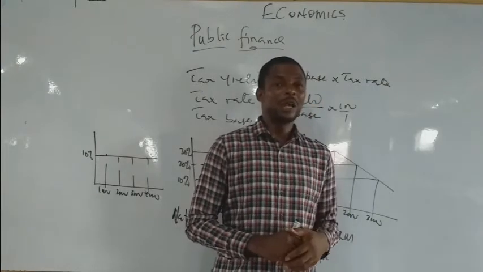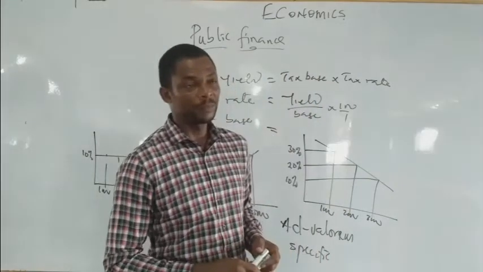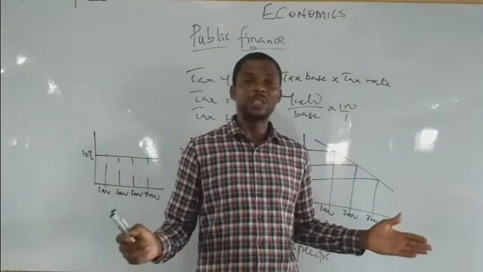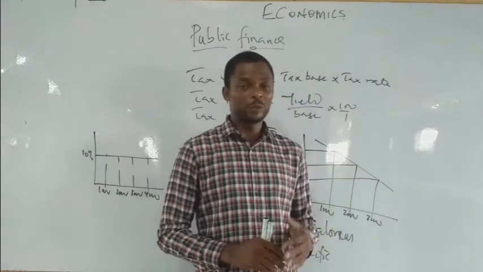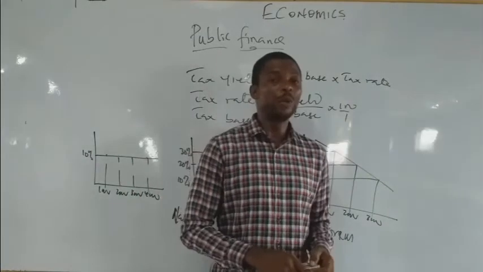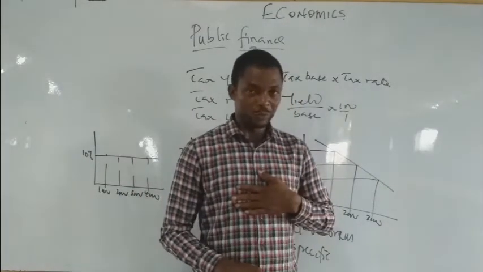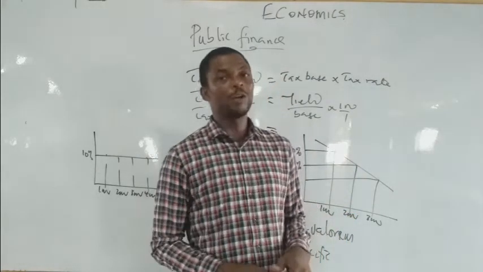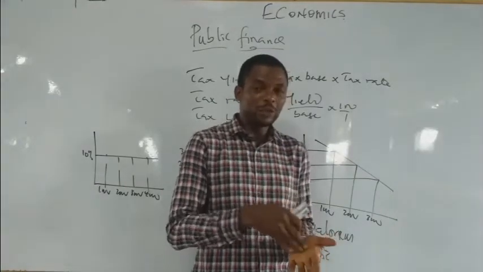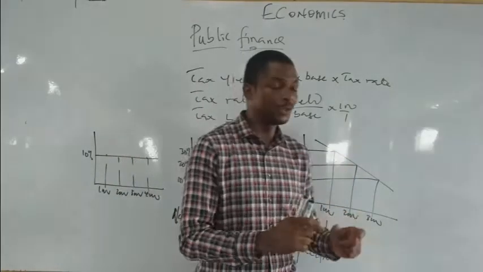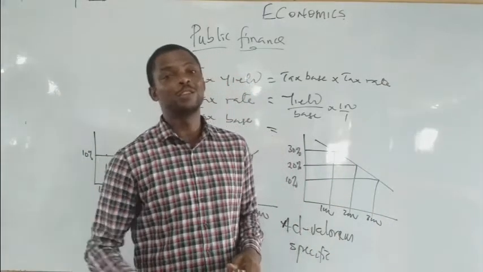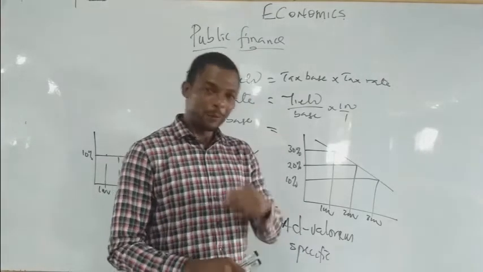What does it say about elastic? I have a choice. And for those of us that have an understanding of demand, elastic demand is when a change in the price will lead to a greater proportionate change in the quantity demanded. So if you impose tax on a commodity that is elastic, who bears the burden? I have a choice as a consumer. So who now bears the burden? Is it the consumer or the producer? Of course, if government imposes tax on a commodity that is elastic in nature, the person who bears the burden is the producer, because the consumer has a choice. Do you understand that?